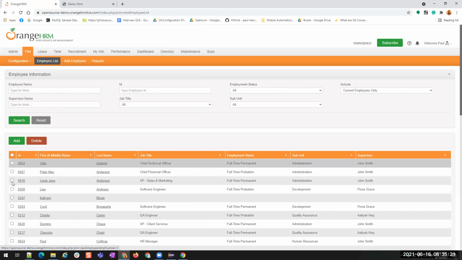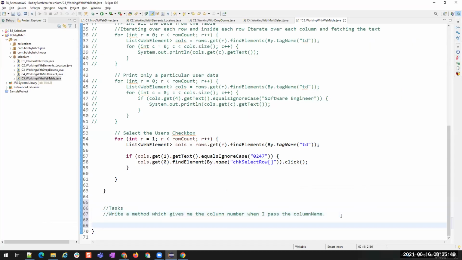Then you have to come to this table and find the column number of this subunit. That means you have to iterate over each column and find if it is matching with the subunit. If it is matching, then return the number of it. You will have the index anyway: 0, 1, 2, 3, 4, 5, and 6. So when I say subunit, you have to return 6. When I say job title, you have to return 4. When I say last name, you have to return 3. That is the method.